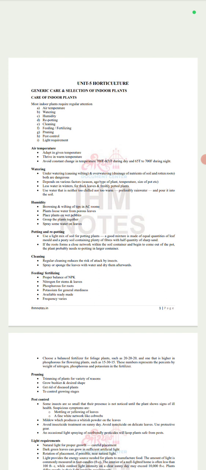Air temperature: adapt to the given temperature, thrive in warm temperature, avoid constant change in temperature. In watering, underwatering causes wilting,